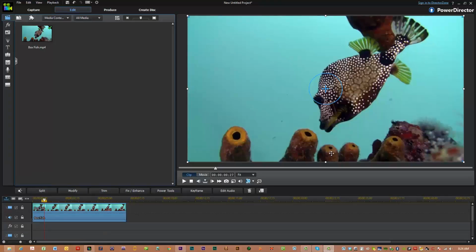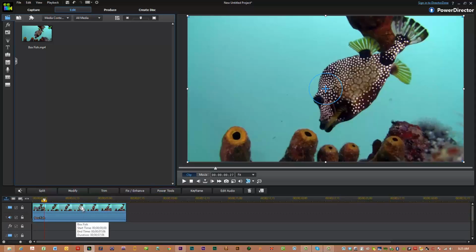Our next discussion regarding 2D to 3D conversion quickly using Cyberlink is strategically about what shots work. What we found out is that there's really only certain types of shots that actually work using this low-end conversion technology, and those are shots that have a lot of water in them with the main asset sitting off by itself. So here we see a scene that has a lot of water with a fish sitting in the middle, and it does actually a decent job converting this from 2D to 3D